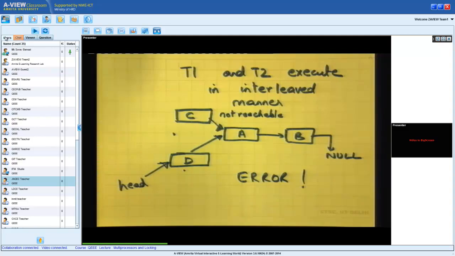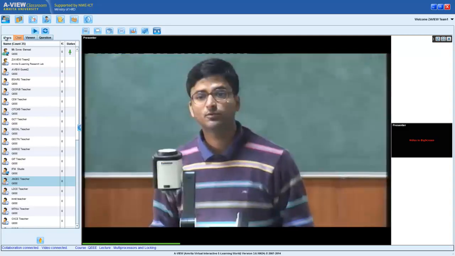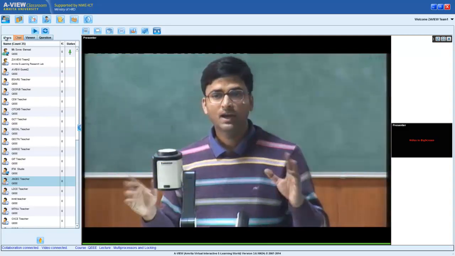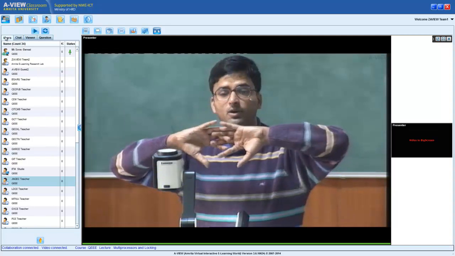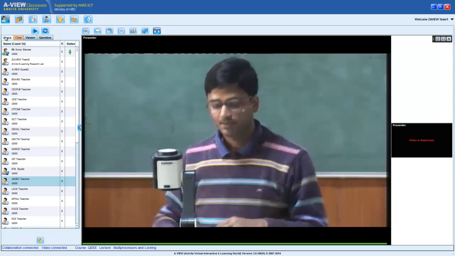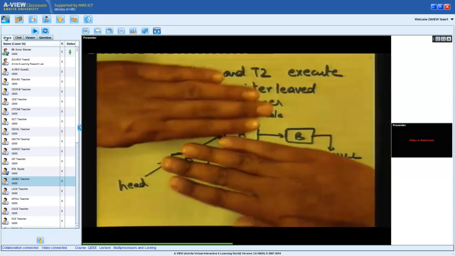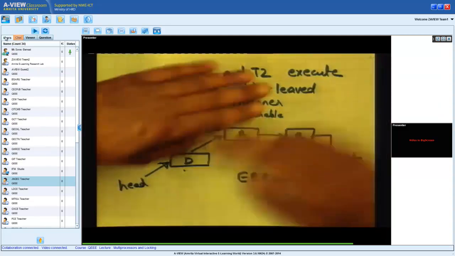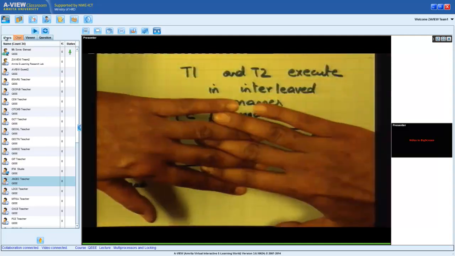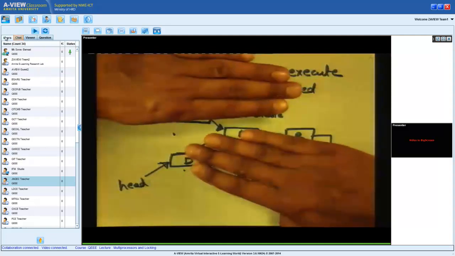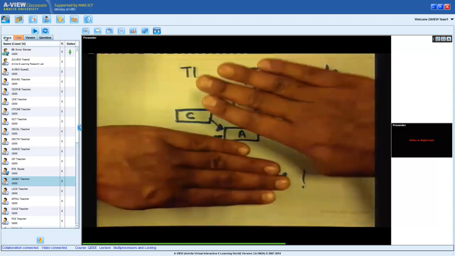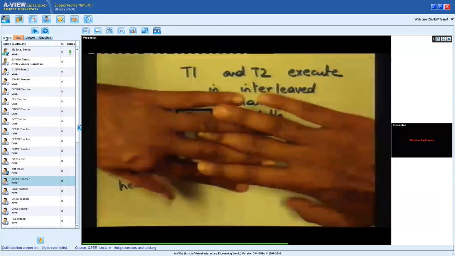Okay. So what does it mean? It means that the threads should have coordinated with each other, such that one way is that you disallow this kind of execution, right? You either allow this or you allow this, but you never allow this, right?